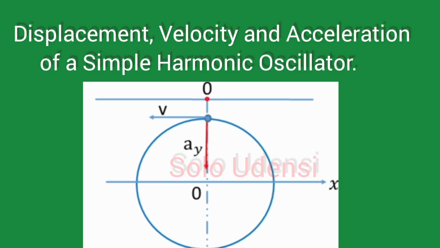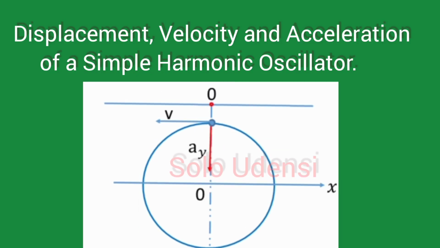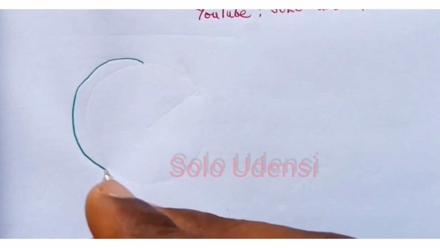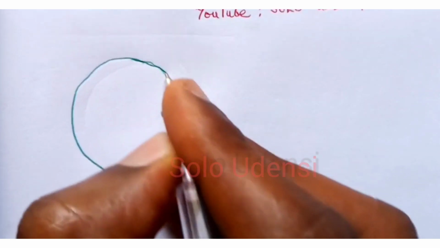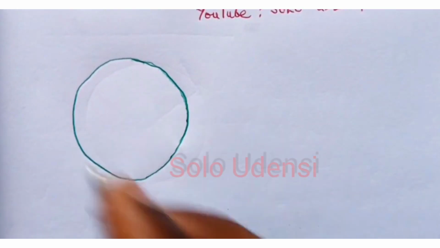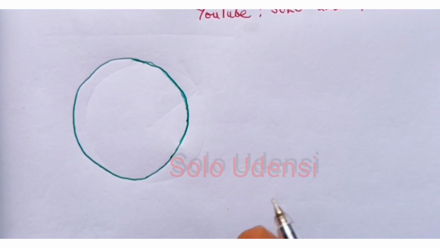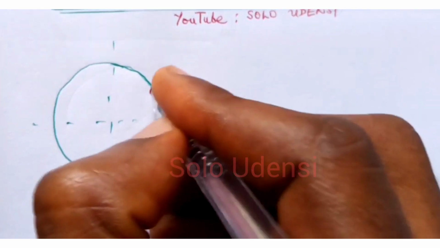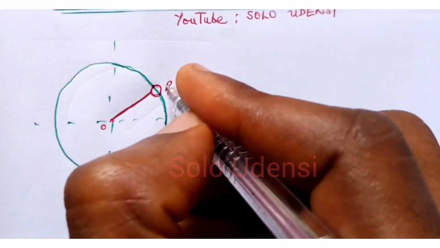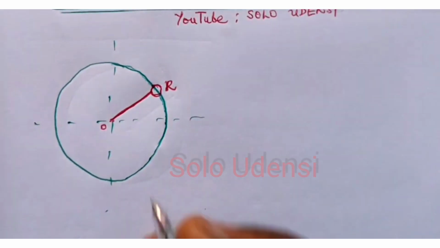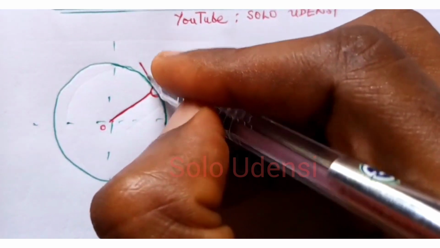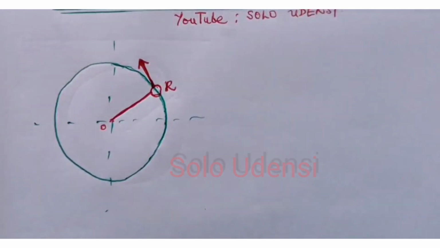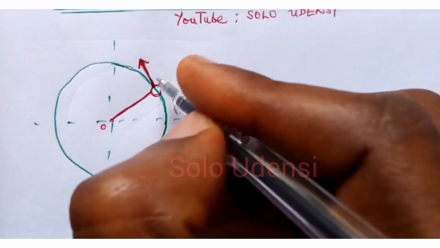Finding the displacement, velocity, and acceleration of a simple harmonic oscillator. Let's assume that we have a body or a particle moving along a circle with a uniform angular speed. Let's assume that by the time the body is here, the radius from that is r. By the time it is here, it has a tangential speed, so that we can resolve this into